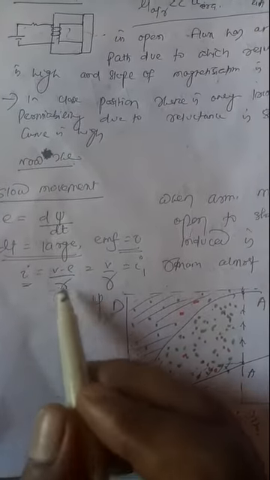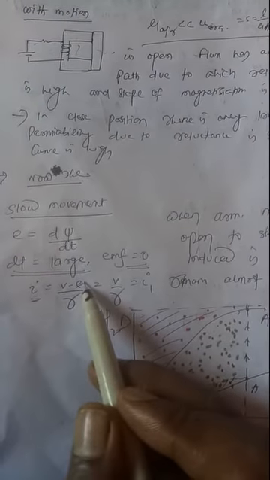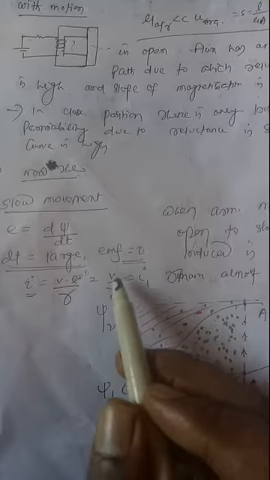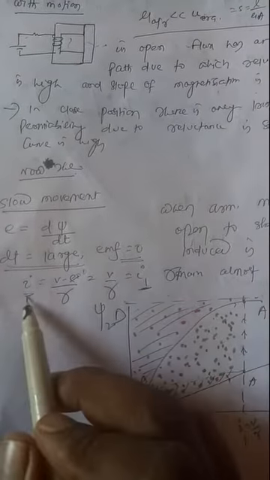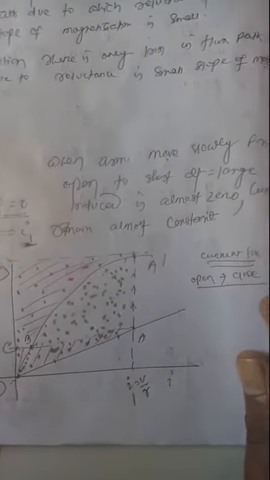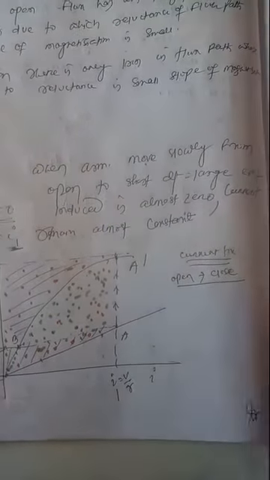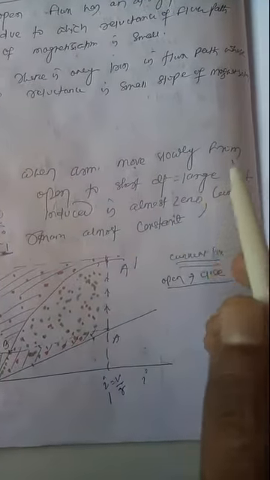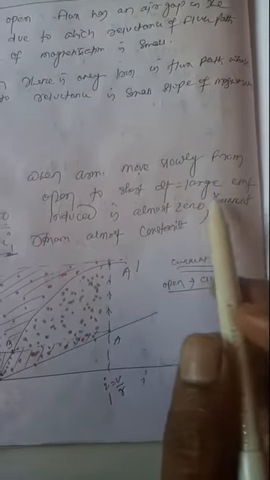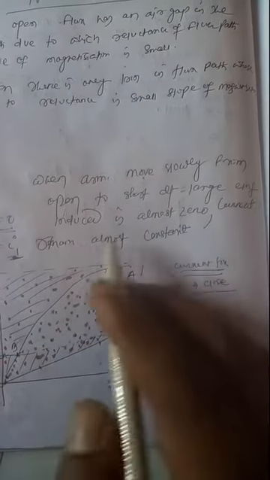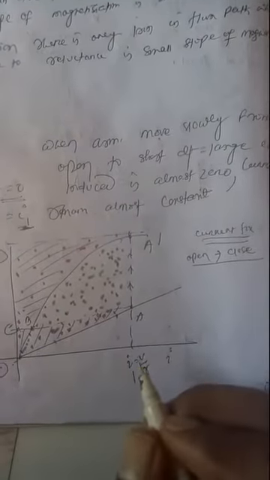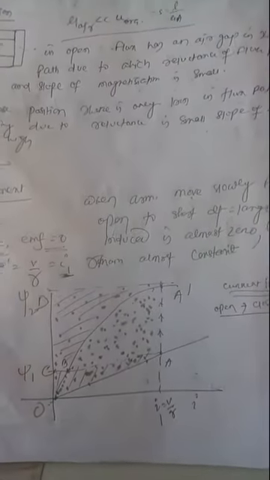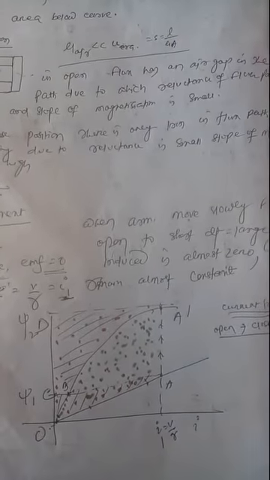So I is equal to (V minus E) by R. As E is equal to 0, I is equal to V by R, that is equal to I1. At this condition the I is I1. So this operates at a steady state condition. You can say that when the armature moves slowly from the open to short position, dt is large, the induced EMF is almost 0 and the current remains almost constant. That constant current is I1, which is equal to V by R, the supply voltage to the resistance of the magnetic circuit, or you can say the coil.